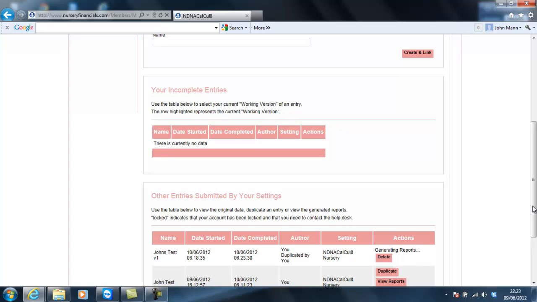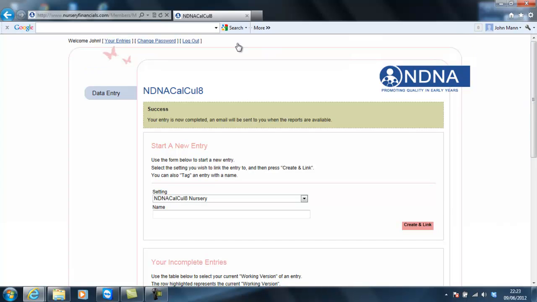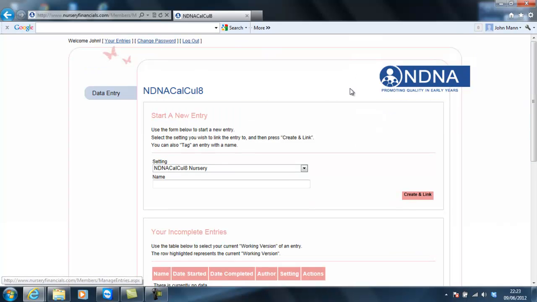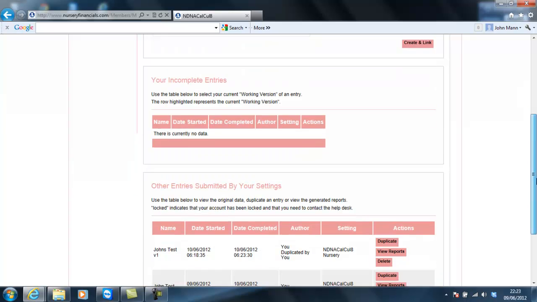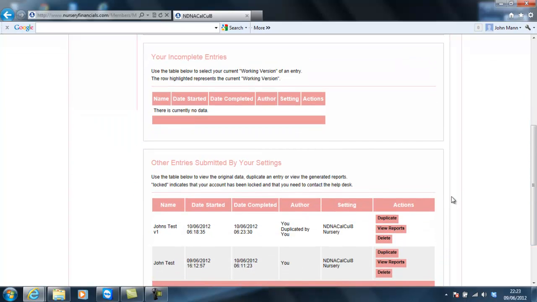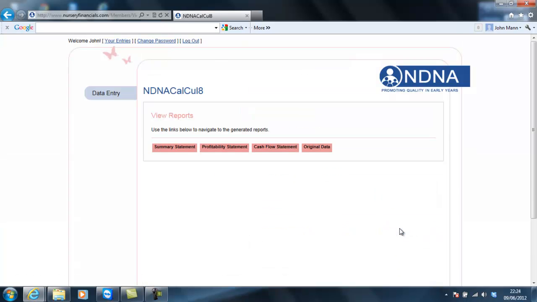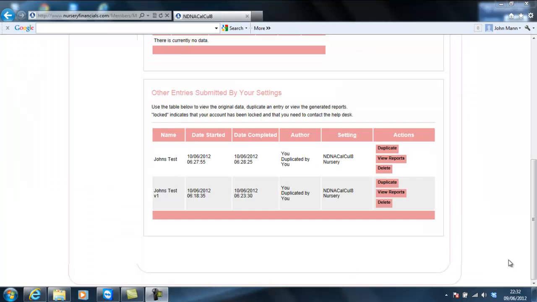And just flip up now to your entries, come back down again, and here we go. It has produced the report, so I can now go in and view these reports, and this will give me the amended data and the reports against the amended data. Okay, let's just look at the last one of these buttons. I've shown you how to use duplicate,